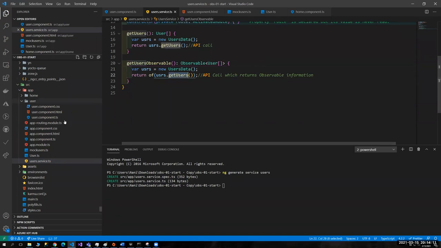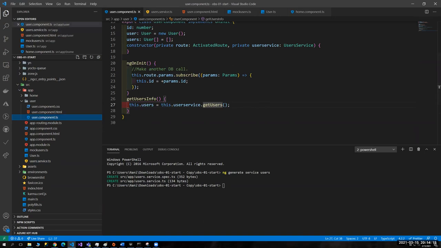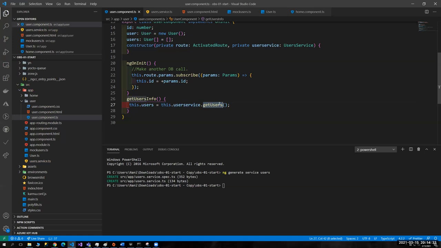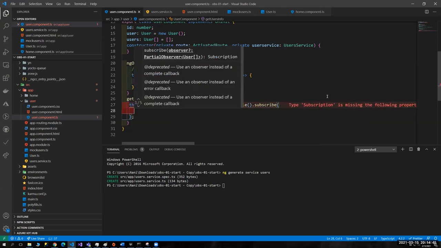So that is all I'm trying to do. And let's say I'm trying to get observable user, based on that, how this would change. It's not much different. Earlier, I was explaining you, right? I would make the same call, right? But instead of getting users, now I'm making call to get users observable. So when I make a call to observable, I cannot directly get it, but I have to use a subscription, right? So simply I would say subscribe, and